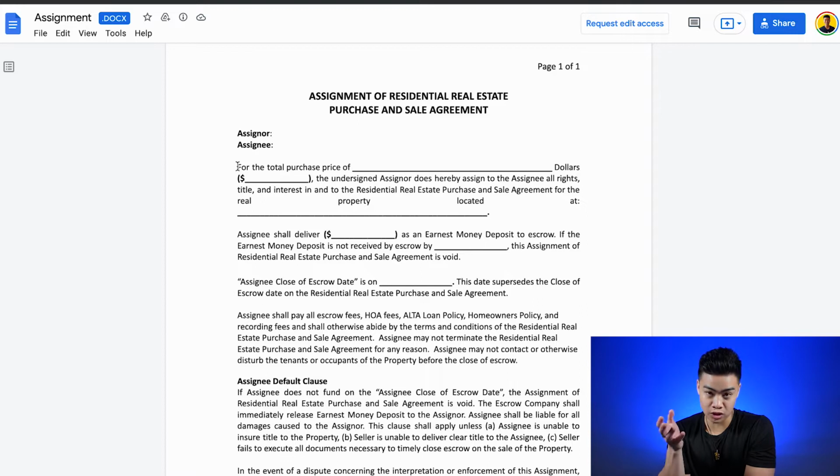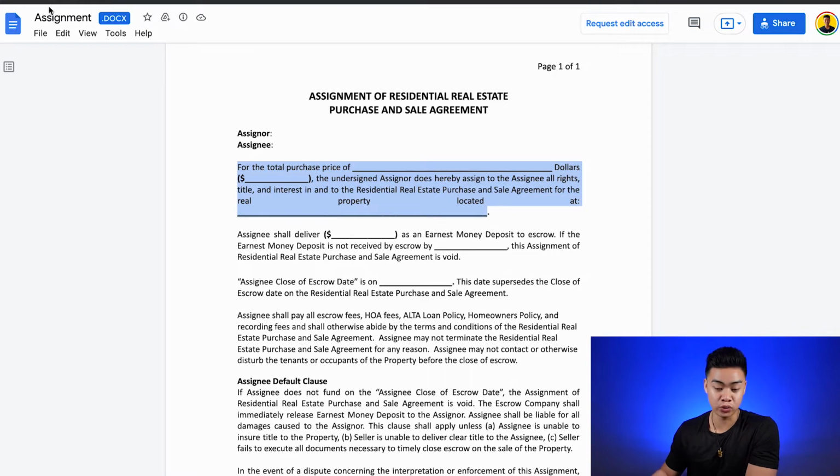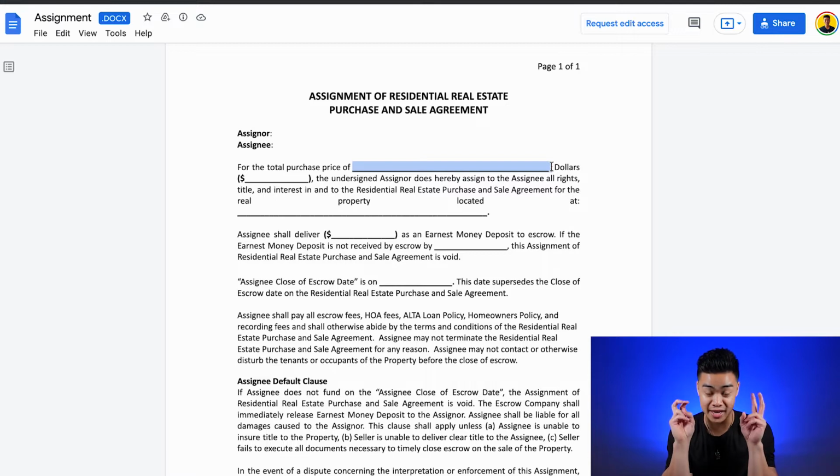So let's get into the first clause. It reads, for the total purchase price of blank dollars, the undersigned assignor does hereby assign the assignee all rights, title, and interest to the residential real estate purchase and sale agreement for the real property located at blank. So to go over that real quickly, in this first section with the blank, you are going to be entering the purchase price that the new buyer or the end buyer, also known as the assignee,